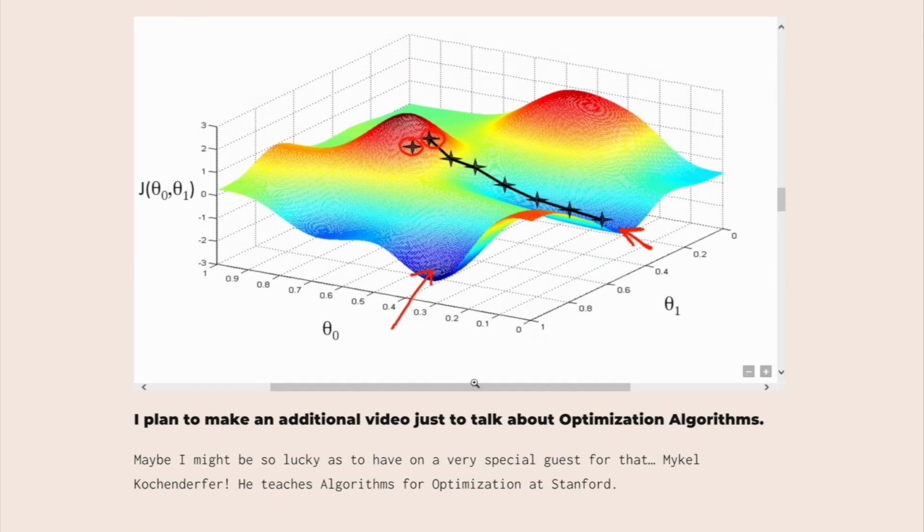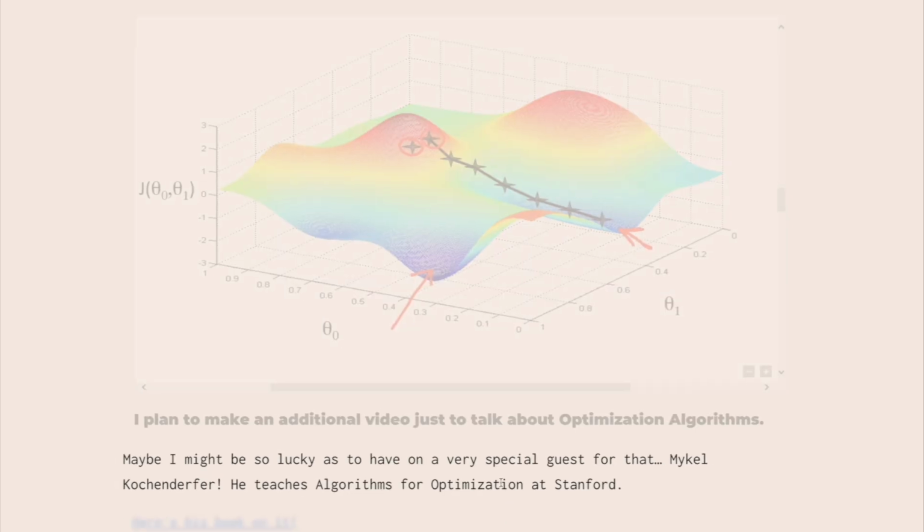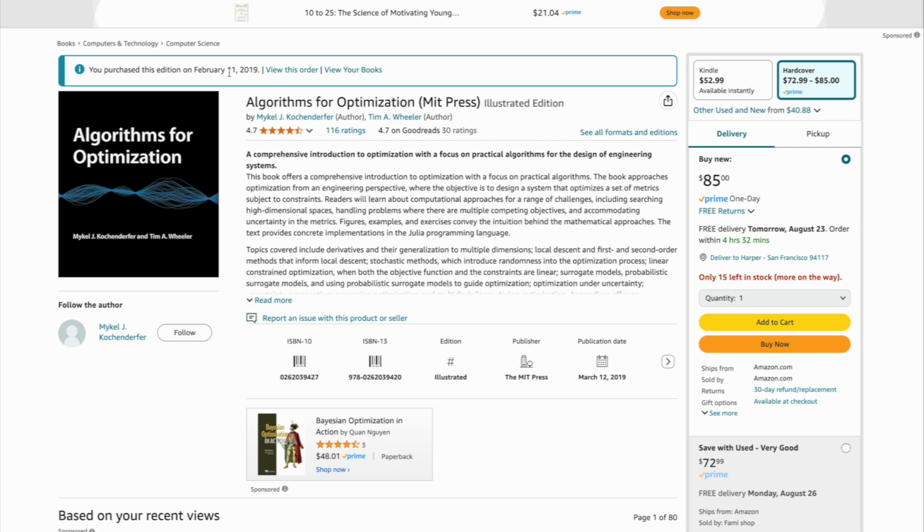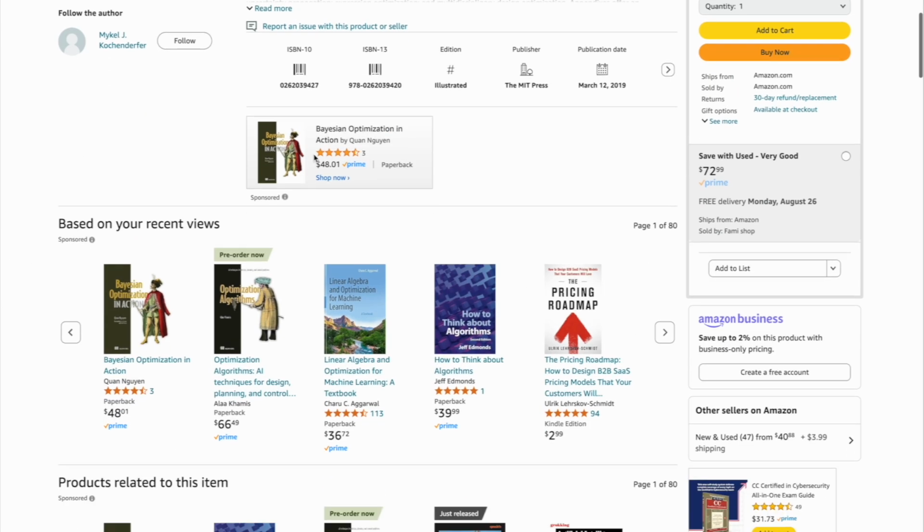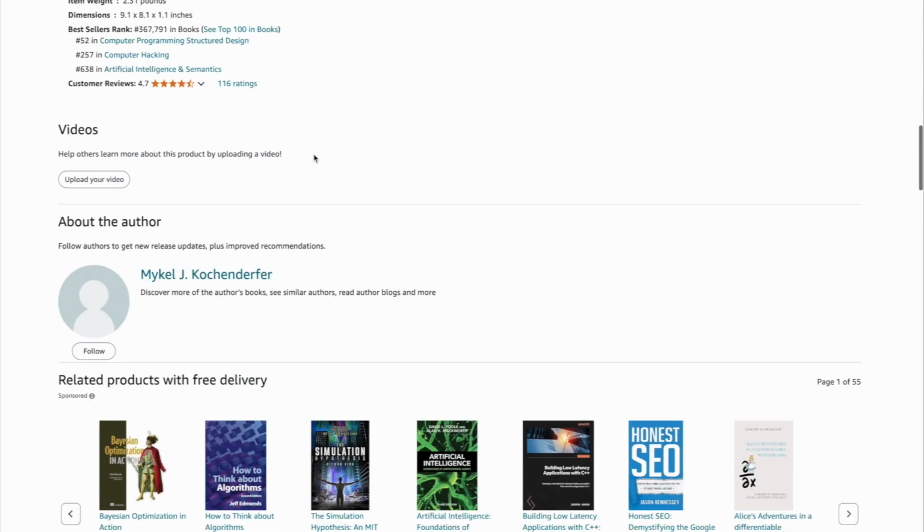algorithms. And maybe, I haven't told him this, so who knows, but maybe I'll be able to have my old advisor and still friend and advisor, Mykel Kochenderfer, who teaches at Stanford. He's a Stanford professor. He teaches algorithms for optimization at Stanford, and he also has a book on algorithms for optimization. So, it just shook a little bit there. And here's his book on it. I'm just repping him right now. But he's great. I bought it right when it came out. This is a great book, and it's out in many languages. I forget what language it just came out in, but